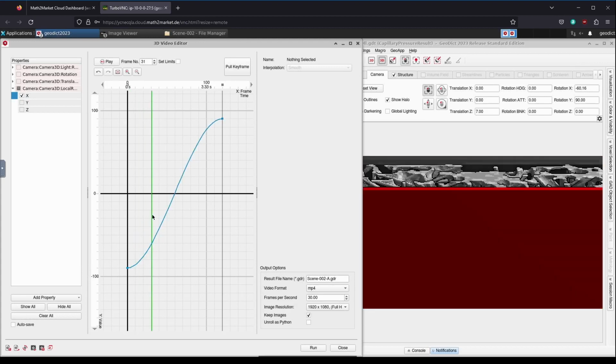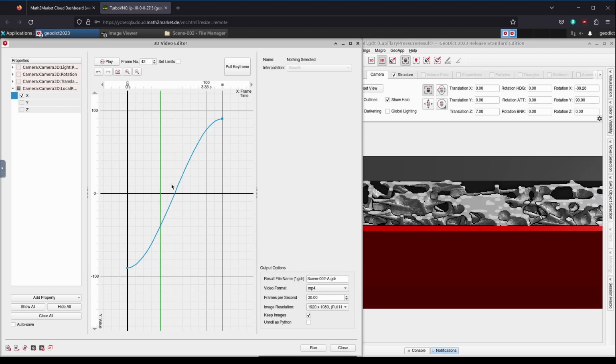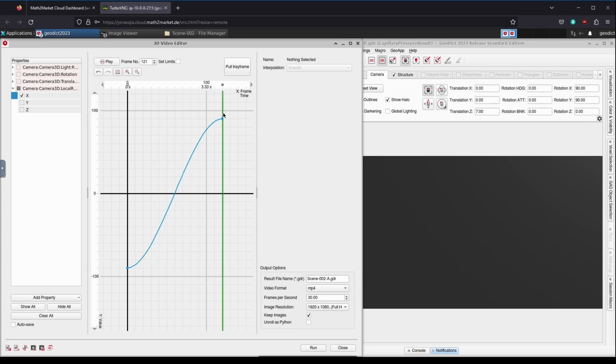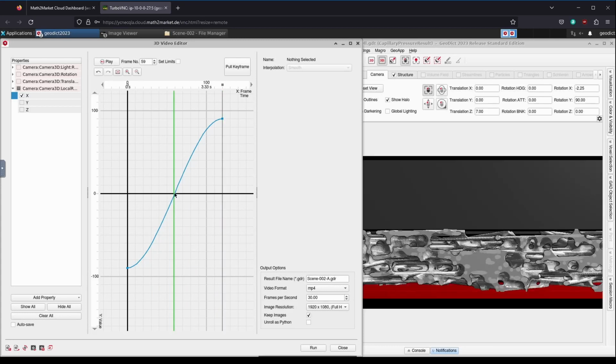We have the rotation starting slowly, picking up speed in the middle, slowing down again and ending smoothly. But we want the animation to slow down in the middle to get a better look at the structure. And we want it to play linearly at the beginning and the end, as if it was spinning all the time with a constant velocity. To achieve this, we will use the slopes feature.